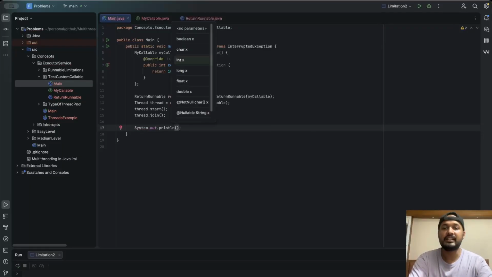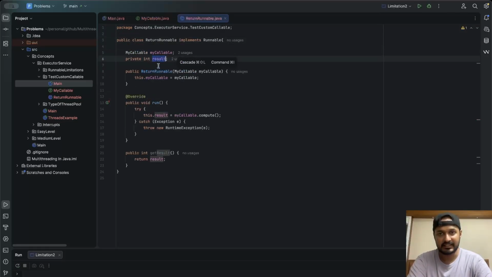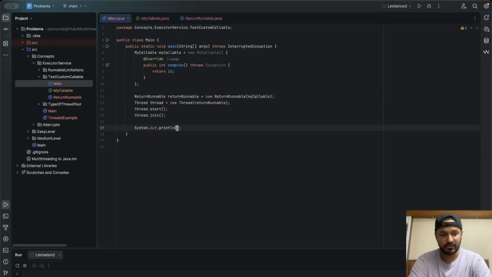System.out.println. Now where is that result stored? That result will be stored inside this result variable, correct? And we'll get this result using the getResult method. So System.out.println result is, and what is the result? returnRunnable.getResult, correct?